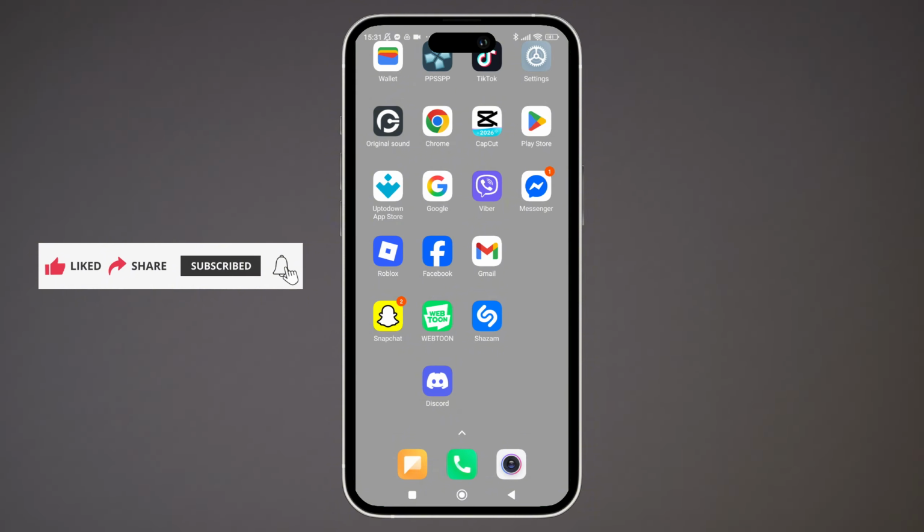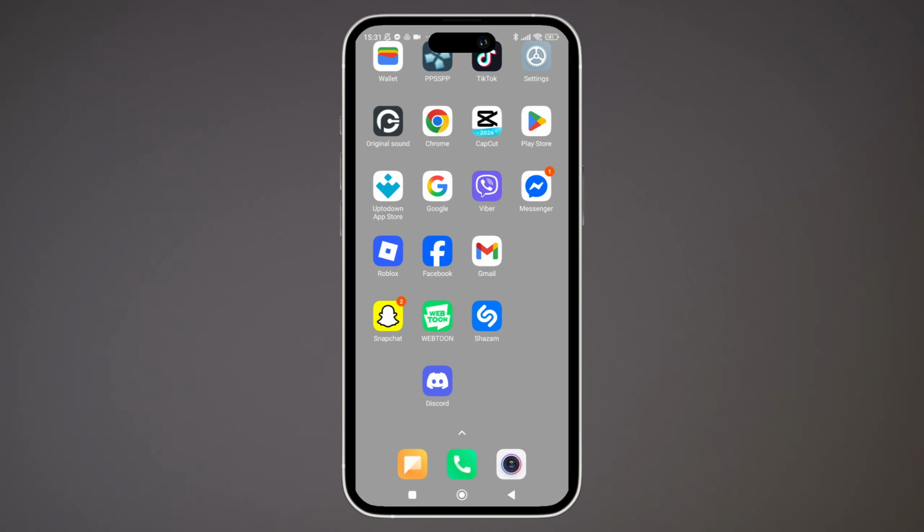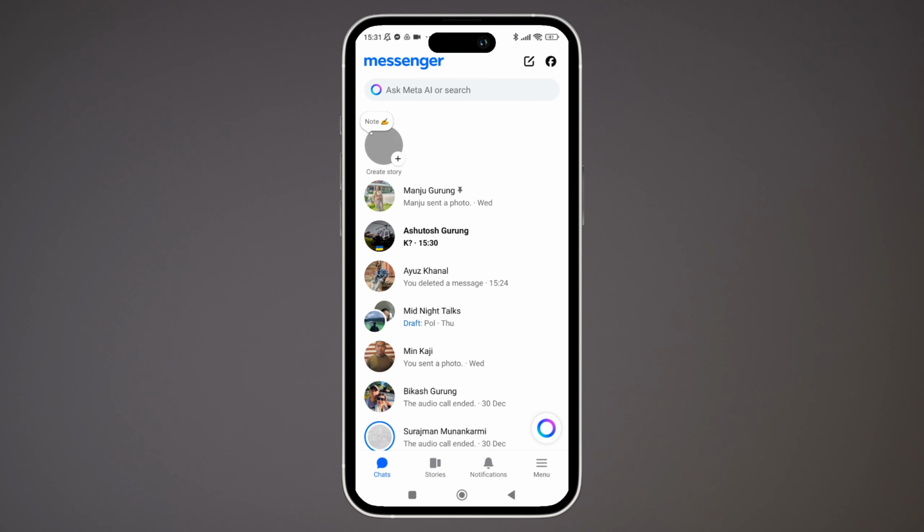And with that, moving forward to step number 2, that is to enable high quality media in Messenger. So simply open Messenger and once you're inside it, just tap on the menu icon shown in the bottom right corner of the screen. Once you are inside the menu section, simply tap on settings. Once you are inside the settings, simply scroll down and there you can just tap on